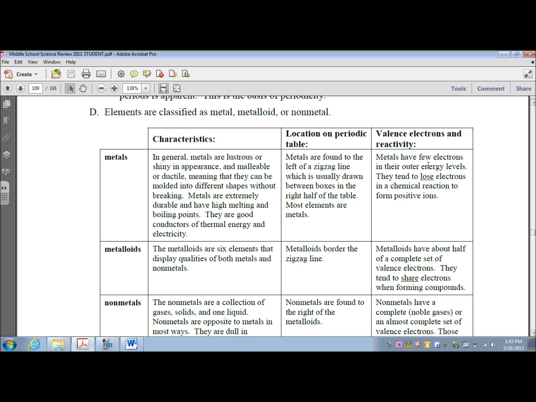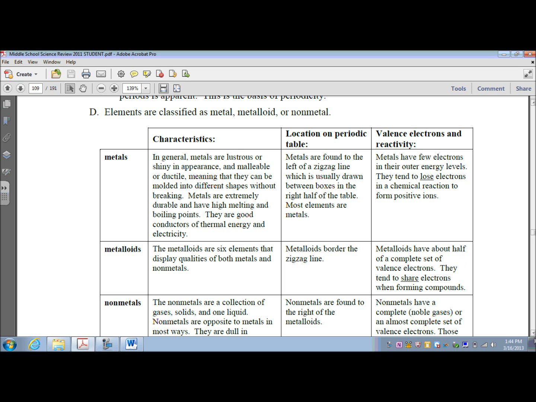Metals have few electrons in their outer energy levels. They tend to lose electrons in a chemical reaction to form positive ions. Metalloids. The metalloids are 6 elements that display qualities of both metals and nonmetals. Metalloids border the zigzag line, or are part of the staircase. Metalloids have about half of a complete set of valence electrons. They tend to share electrons when